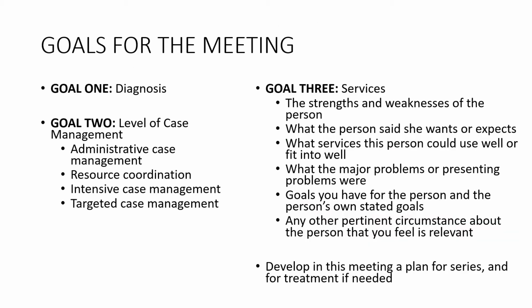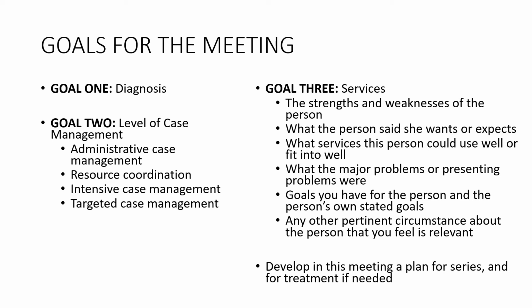Goals for the meeting. Number one goal is diagnosis. So remember the DSM book that we were talking about? This is when we officially decide exactly what the diagnosis is. And why is that important? Again, that comes with insurance, right? Because you need to get paid. Everyone who is working to help this person also needs to get paid as well. So again, that's the first thing that you need to do, so that people understand why they have to pay